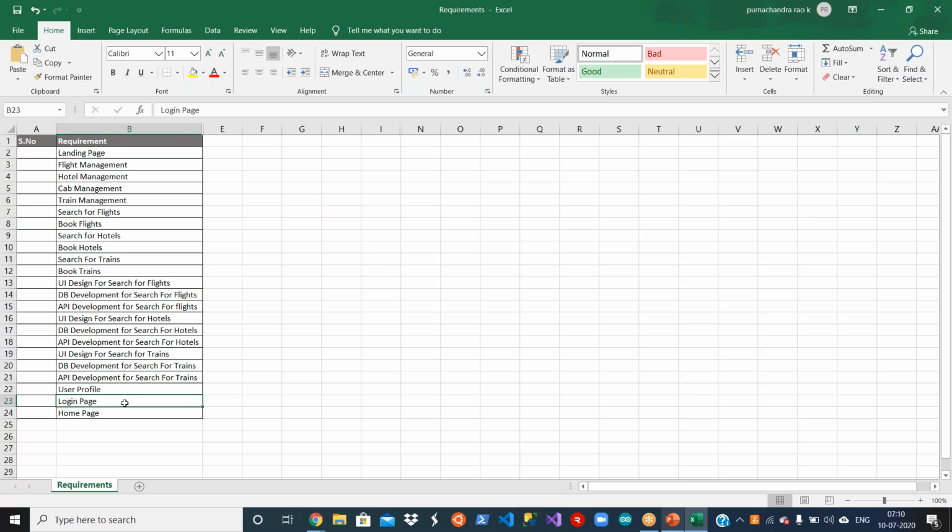Login page. Once I click on login, it will go to the login page. Once I successfully authenticate, I will go to the home page. These are the requirements at a very high level. Okay, and your project manager will start doing